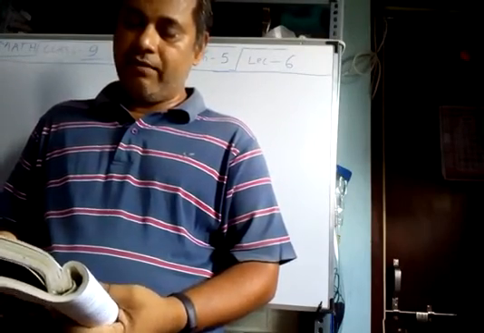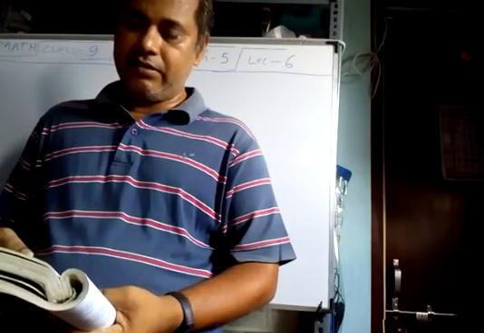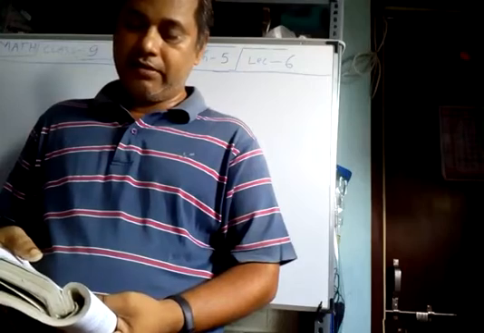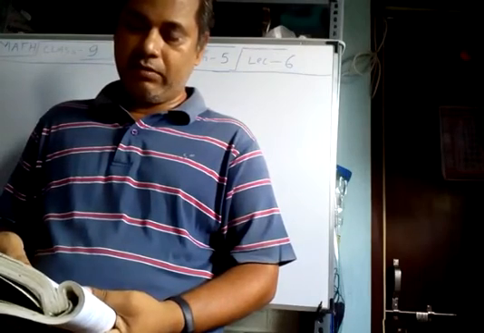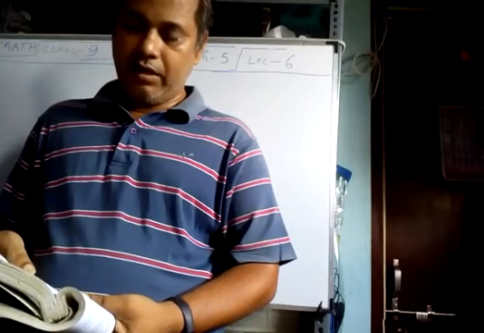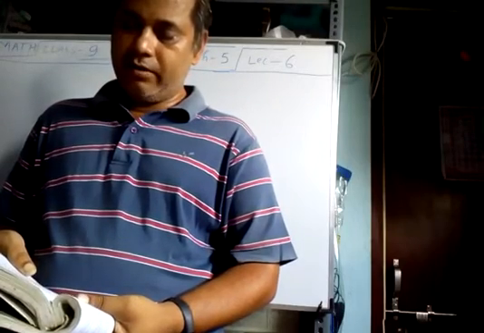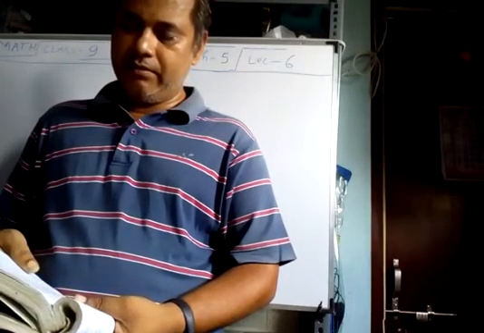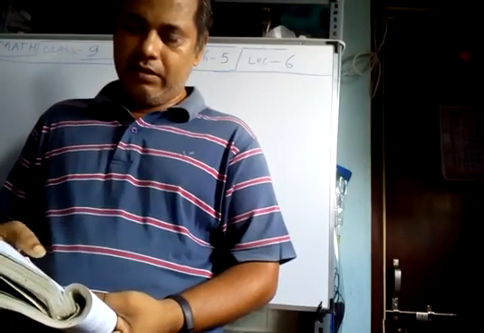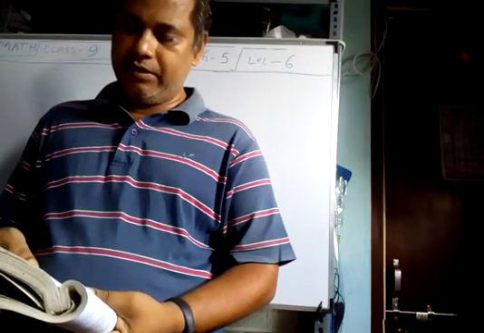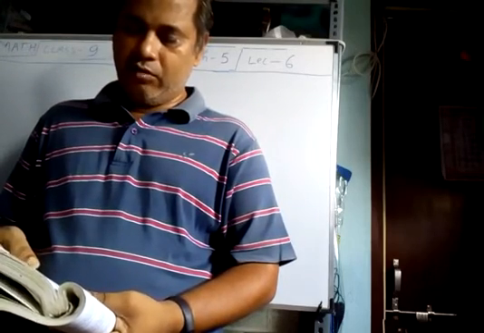You have also studied adjacent angles in the earlier classes. See figure 6.2. Two angles are adjacent if they have a common vertex, a common arm, and their non-common arms are on different sides of the common arm. In figure 6.2, angle ABD and angle DBC are adjacent angles, where ray BD is their common arm and point B is their common vertex. Ray BA and ray BC are non-common arms.